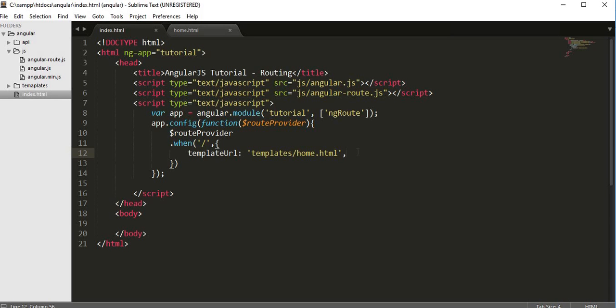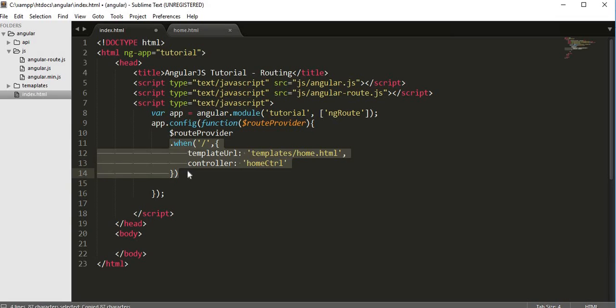And second is the controller. You want to tell which controller needs to be loaded whenever the user types forward slash on the URL bar. Okay, I want to load home controller. Now we need to create another route